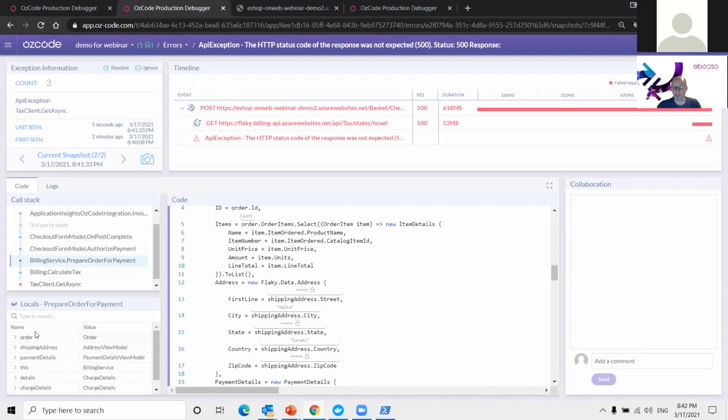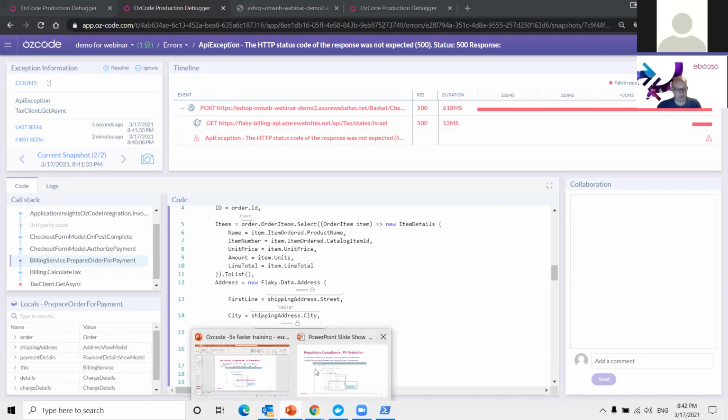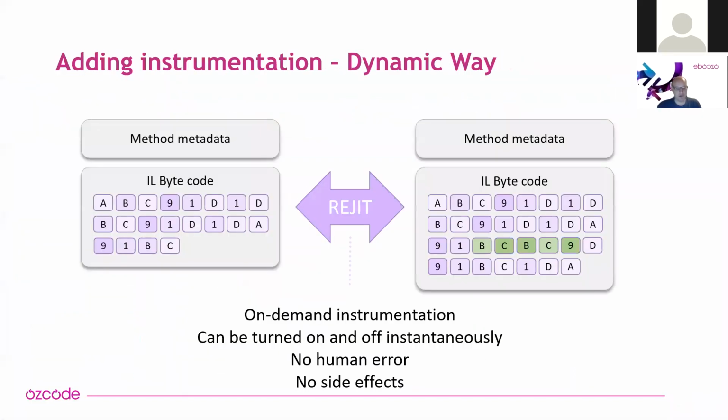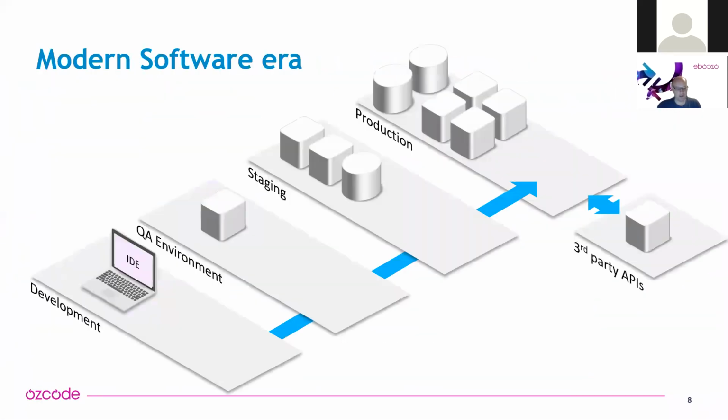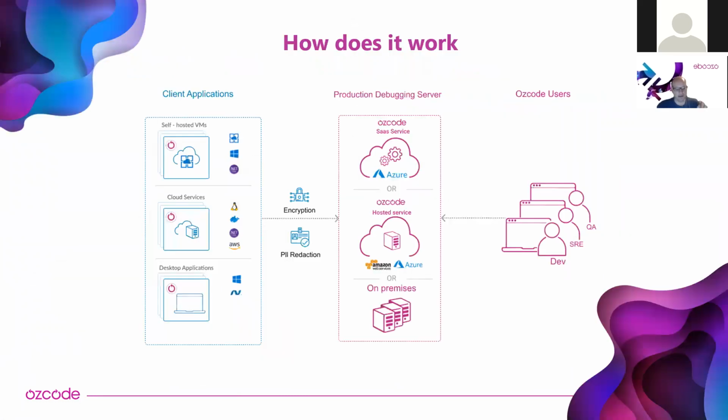So luckily, OzCode Production Debugger uses this technique of PII redaction on multiple layers. If we go back to look at the system architecture slide, you can see that the first thing that happens is that PII redaction happens on the agent side, right? And that makes sure that the information that we stipulated needs to be redacted does not even leave the production machine itself. But then I can always go in and fine-tune the redaction settings based on the needs of my organization